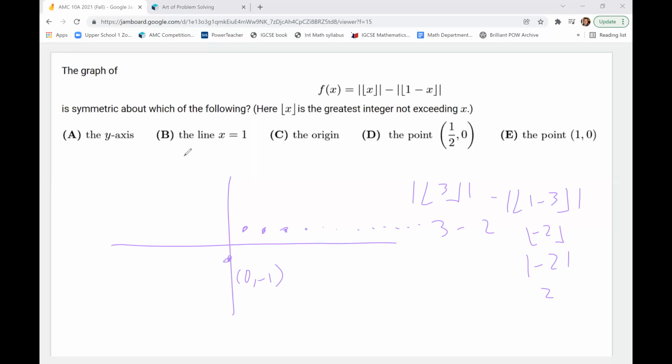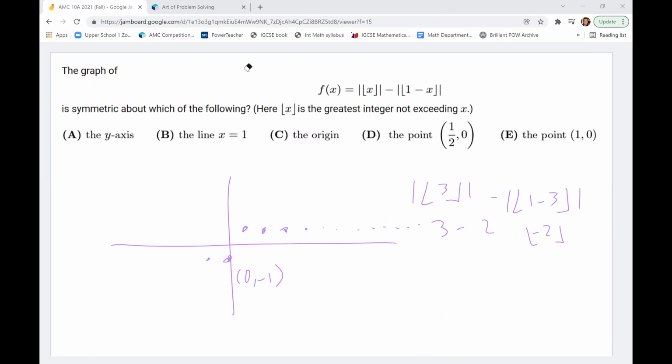What happens at -1? Well, the floor of -1 is -1. Absolute value would be 1. 1 minus the absolute value of floor of 1 minus -1, that's 2. Floor of 2 is 2. Absolute value of 2 is 2. 1 minus 2 is -1. Right? And then, we can try that again from